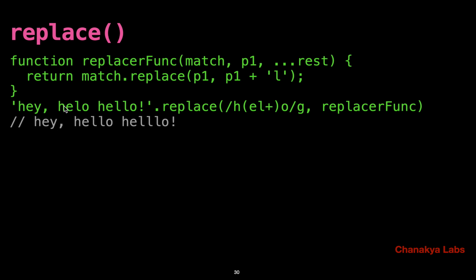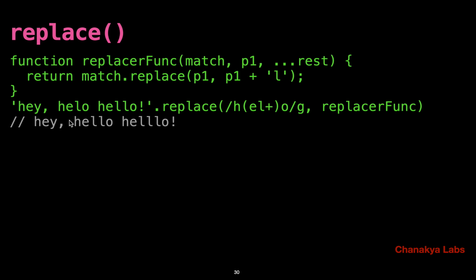Okay, so let's see in this case what it is doing. HELO, so both of these are matched. So the replacer function will be called, this is match all, so it will be called multiple times, one time for each iteration. So let's say HELO is matched, then this will be called that time. HELLO is matched, then this will be called again one more time. Every time it is matched. And what this HELO will be replaced with is basically whatever is returned by this function. So you can return anything, whatever you return here,